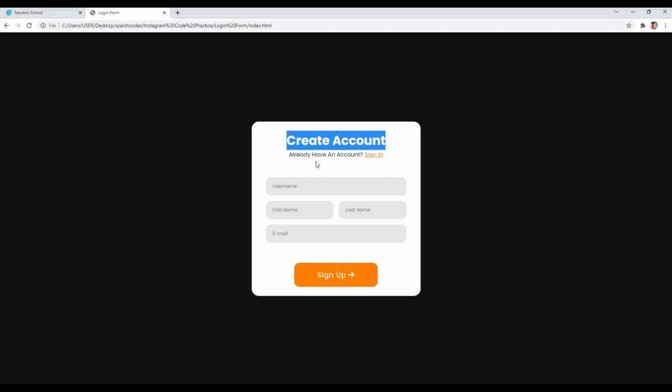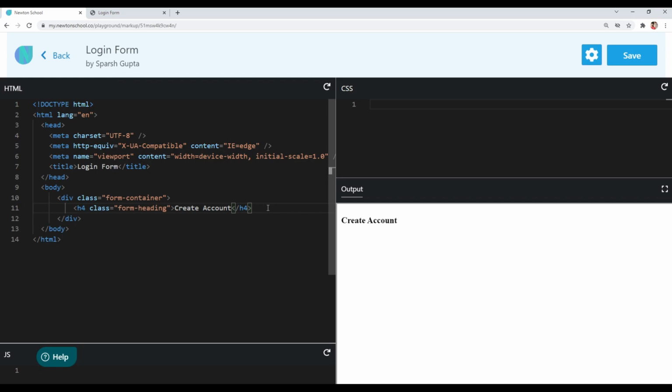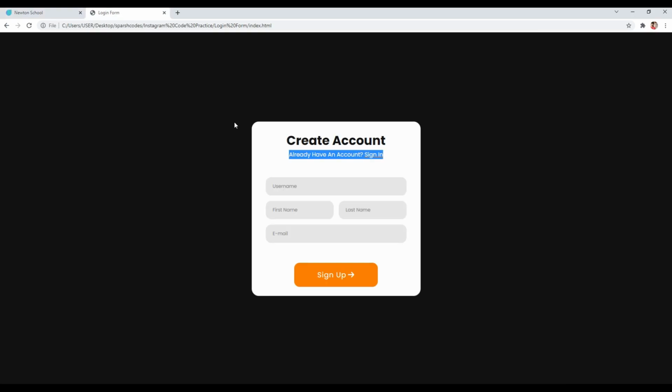Also let's create an element for this text that says already have an account, sign in. I will use a p tag here and give it a class of sign in text. Let me close that and copy and paste it.